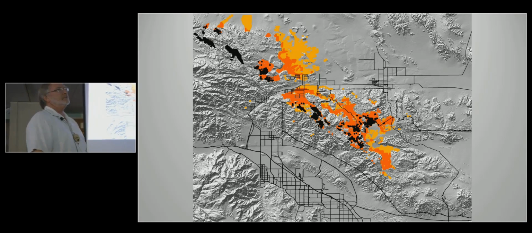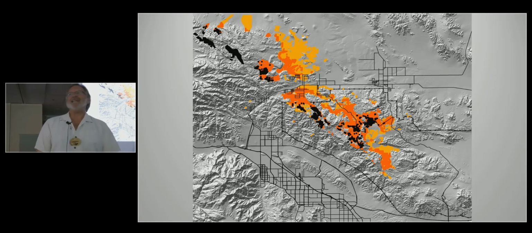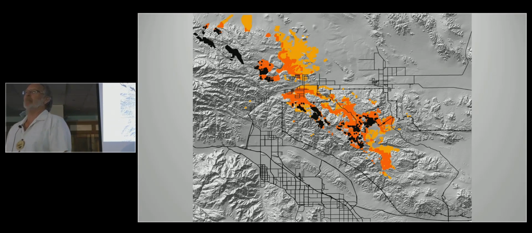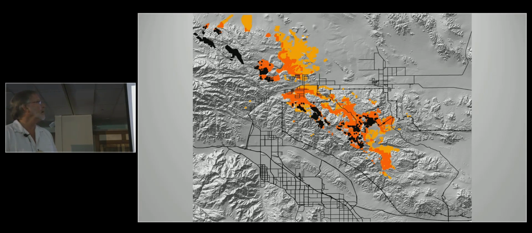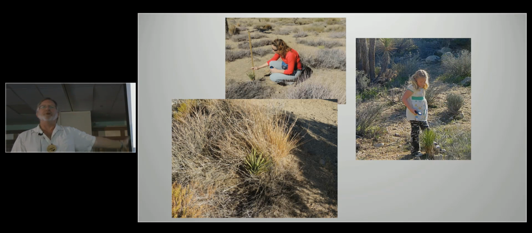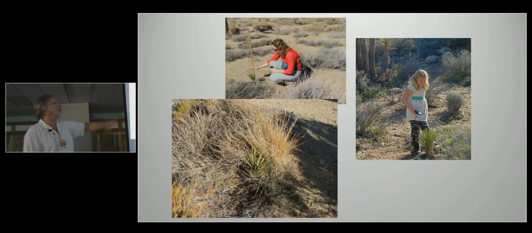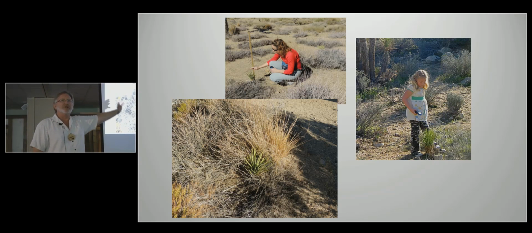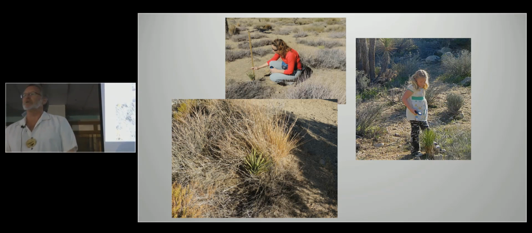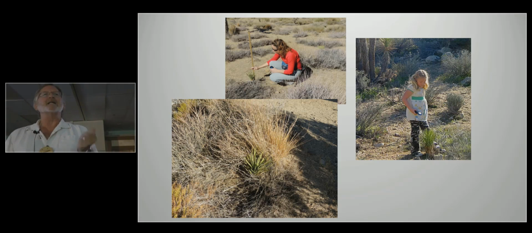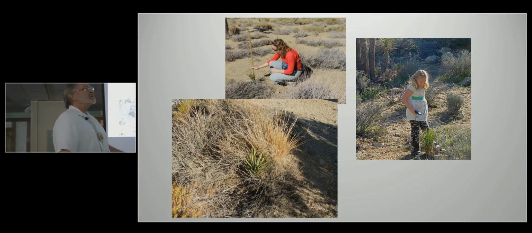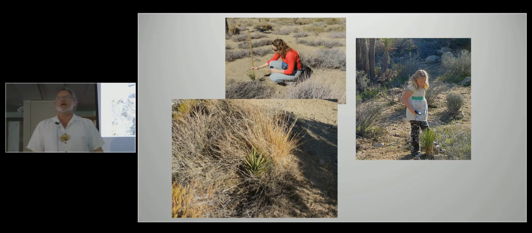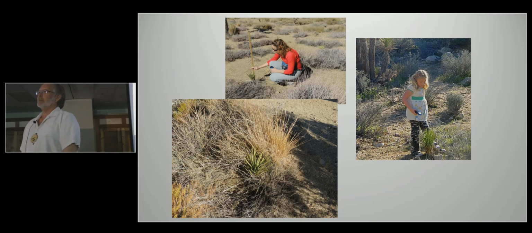So I went to people like you and I said, I need as much data as I can get on baby Joshua trees. And we had lots of people participate. We had 6-year-olds, we had 30-year-olds, and we had 90-year-old folks going out. And all we said was, we need exact points where you found it, and measure how high it is. That's all. The only 2 pieces of information we need. It's easy. Give me as much as you want. We got about 700 points in about a month.